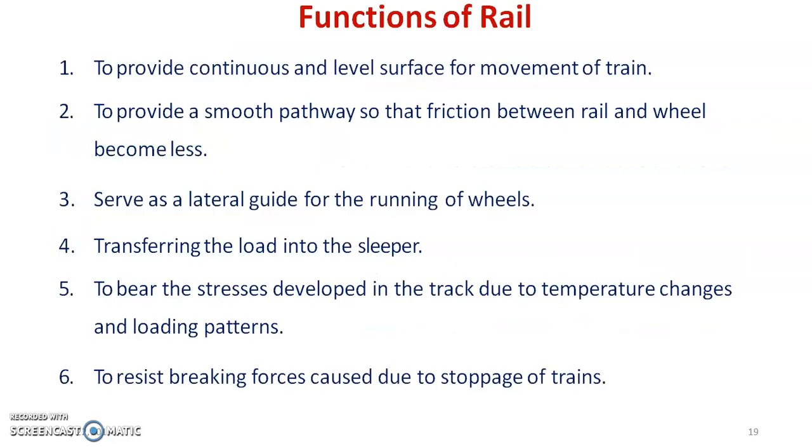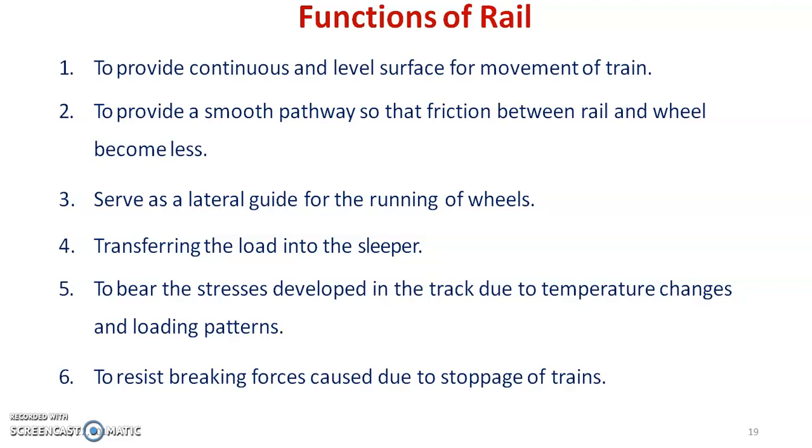What are the main functions of the rail? The main function of all the parts is to transfer the load from the train to the bottom portion. That is the primary function of a rail. And apart from that, rail is required to provide a continuous and level surface for smooth movement of the train without any friction. To provide a smooth travel for the passengers, rails are provided, and the lateral guide should be served,